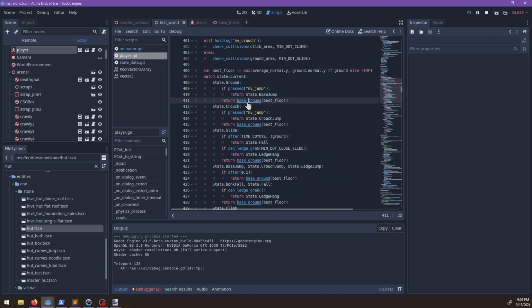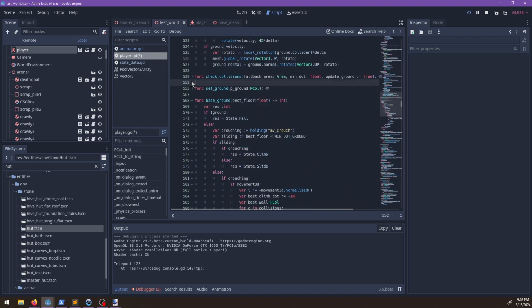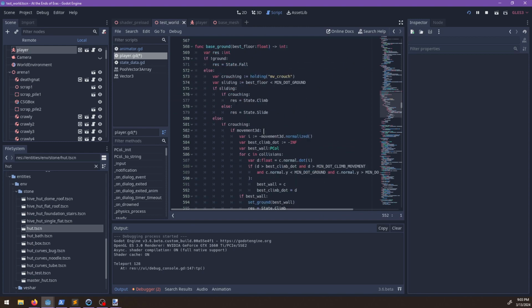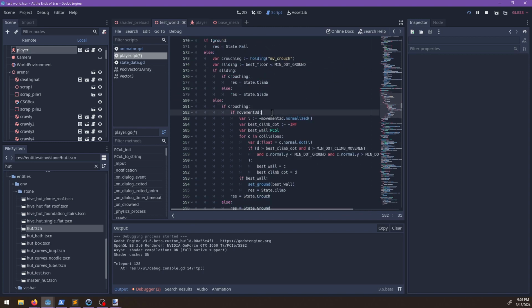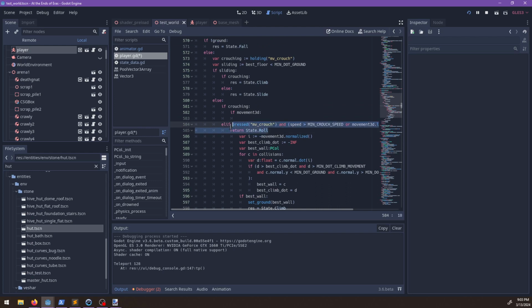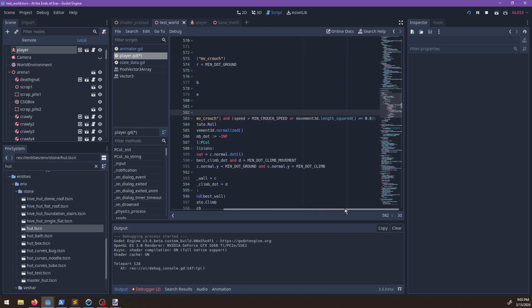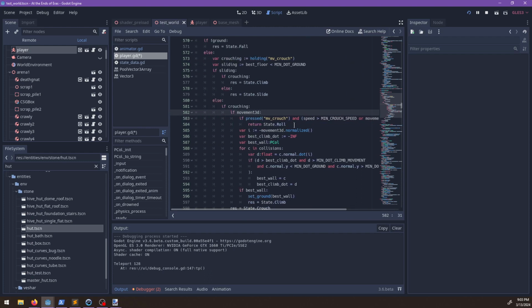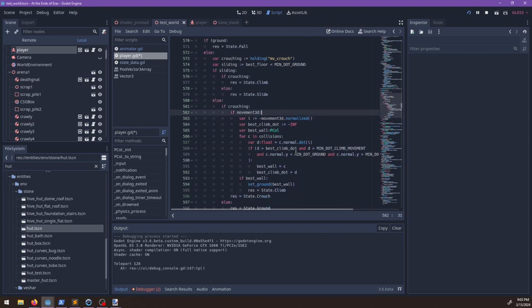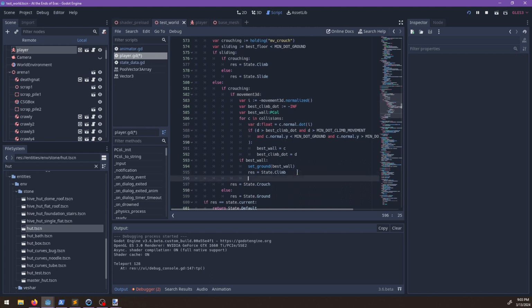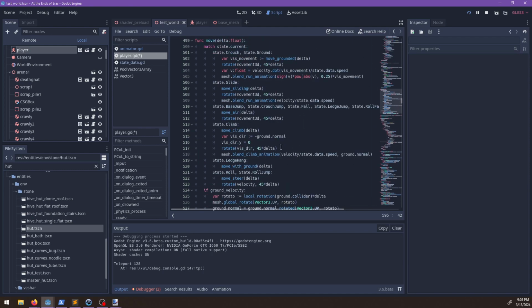Let's just put this in here, so it'll be like if crouching. So if movement 3D, if pressed, move crouch. So actually, do I want this here? And speed is greater than min crouch speed. Maybe what I want instead is, so if there's a best wall, we do that. Otherwise, if we do this, we'll do that. And then, if,